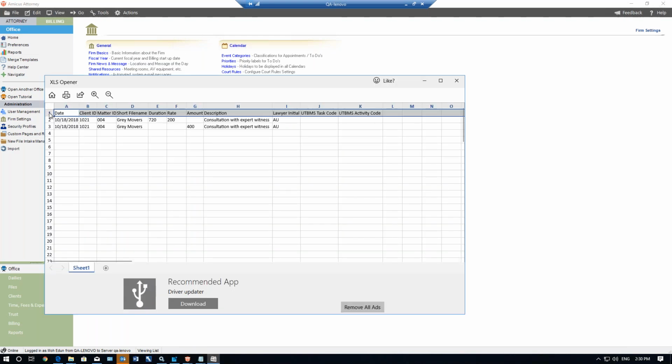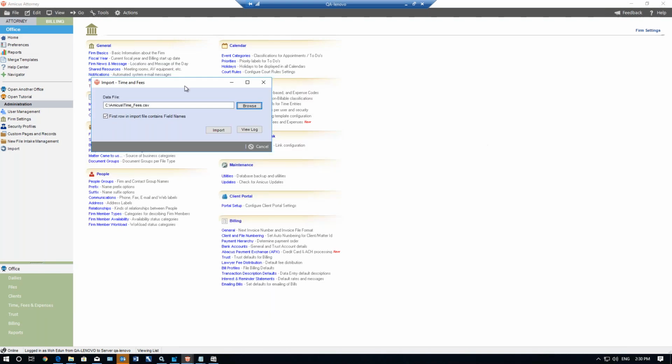the first row there is a header row. So I'll indicate here the first row contains the field name, and therefore the system will know that it has to skip that field. Now, we have the option to import, but before we import, I'd just like to go and look at view